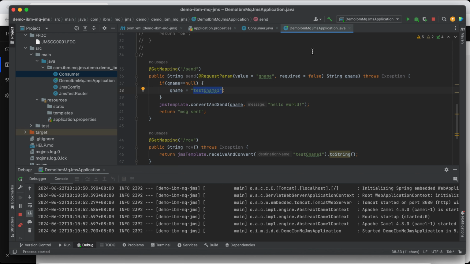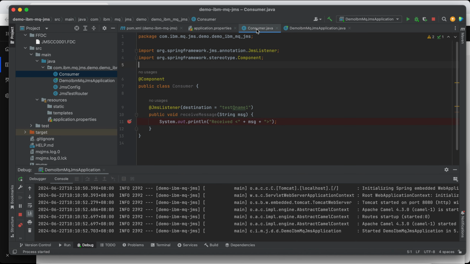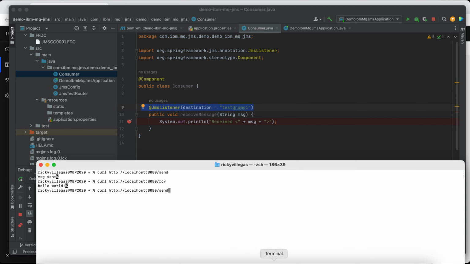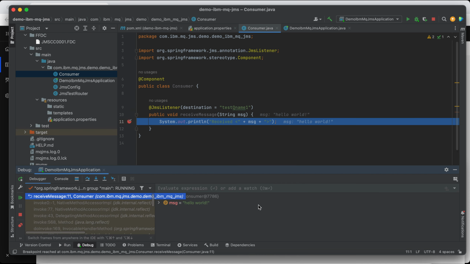After we send this, we expect our consumer, this one we annotated with a JMS listener, to be triggered. So let me send the message. All right, it's triggered. So we received the message, hello world. So it's working.